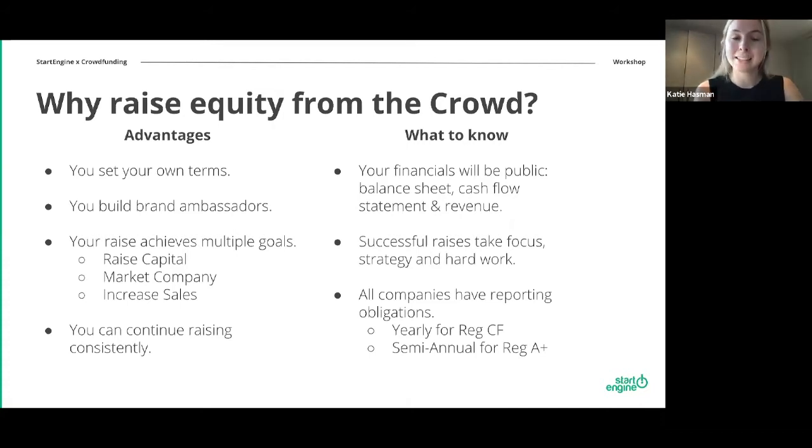In addition, these campaigns definitely do take time, energy, and focus. Unfortunately, it's not as easy as sitting back and watching the money roll in. Some companies have been lucky with that strategy, but typically there's a lot of effort in regards to marketing and communication with my team to make sure that we're having the most optimal strategy.